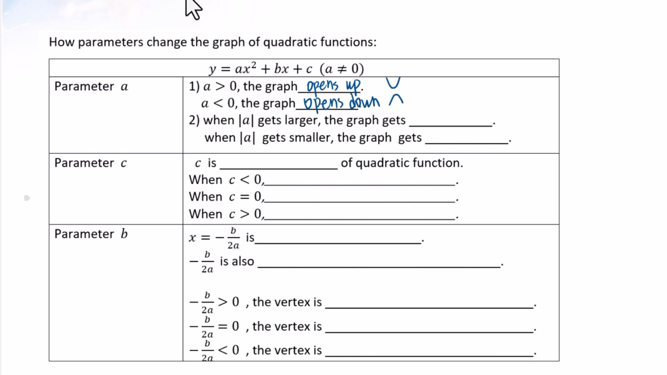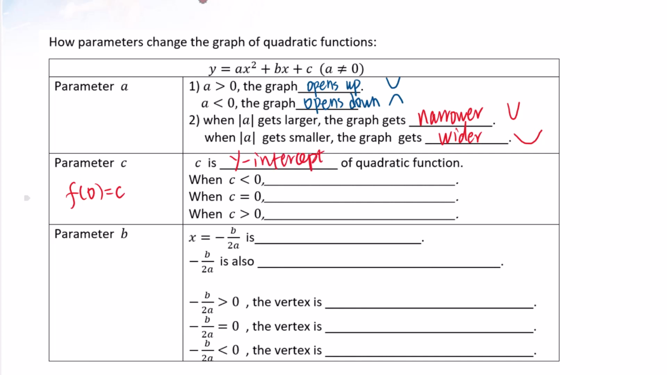When the absolute value of a gets larger, the graph gets narrower because the y value will increase faster. When the absolute value of a gets smaller, the graph gets wider. For this c, f of 0 equals c. So c is the y-intercept